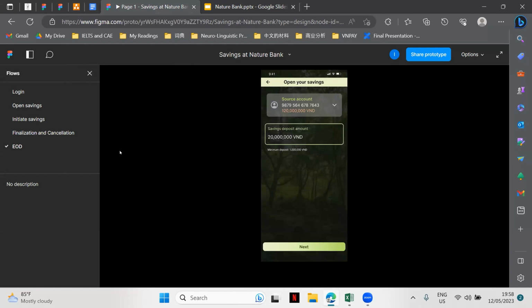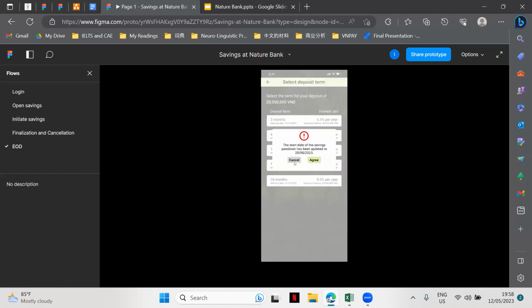And for the EOD flow, EOD is the time when the bank processes the batch. It is the time when it processes all the transactions at one time, and EOD is complete at 9 p.m. every day. And so for this screen, open your savings. After entering the savings deposit amount, the customer will click on next, and the system will check whether it is EOD or not. It will display this